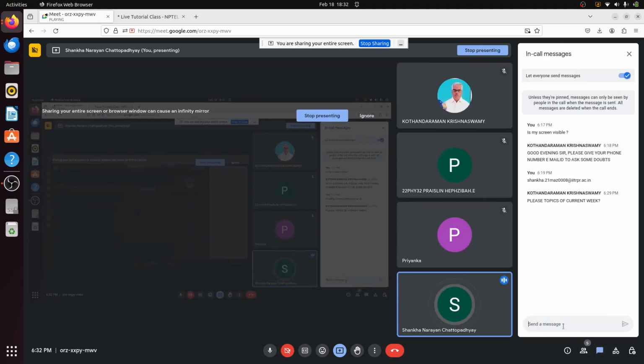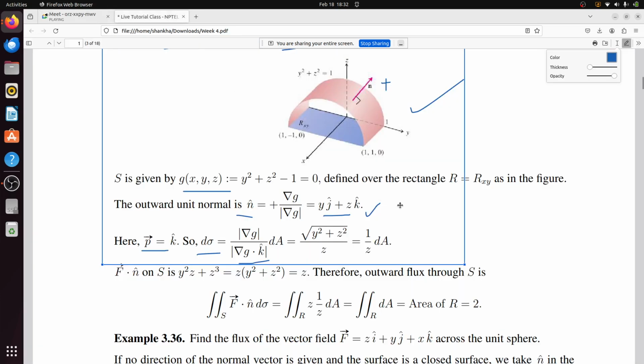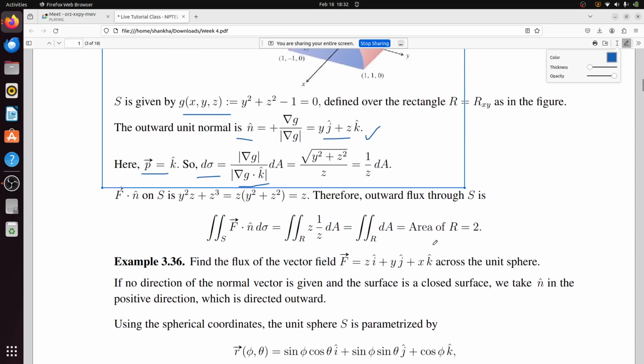So this week we will basically focus on surface integral, Stokes theorem and Gauss divergence theorem. Today's class we will learn about surface integral, Stokes theorem as well as Gauss divergence theorem. Today's class is the last class where we will discuss vector calculus, and from next class we move on to complex analysis.